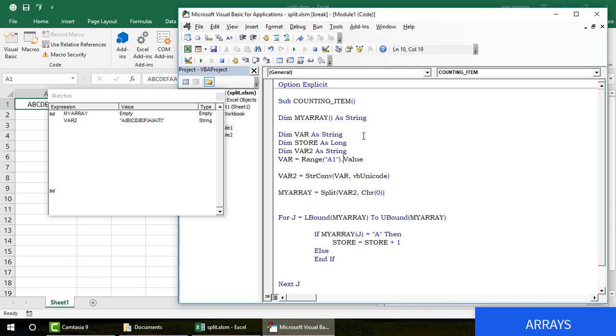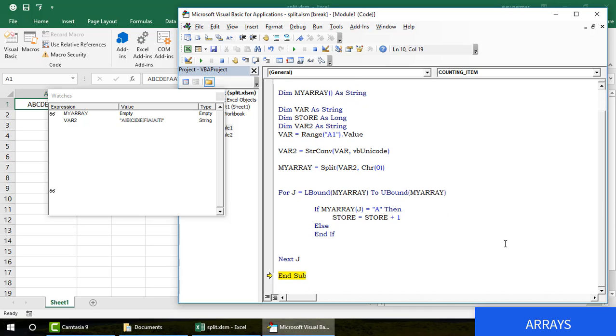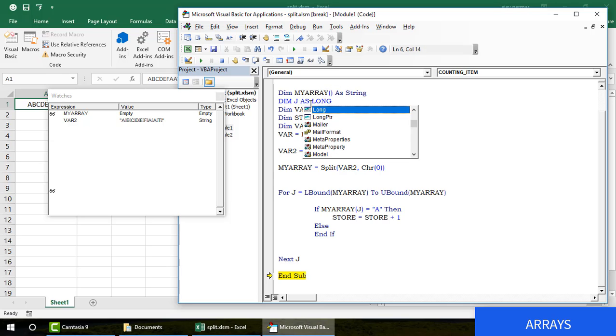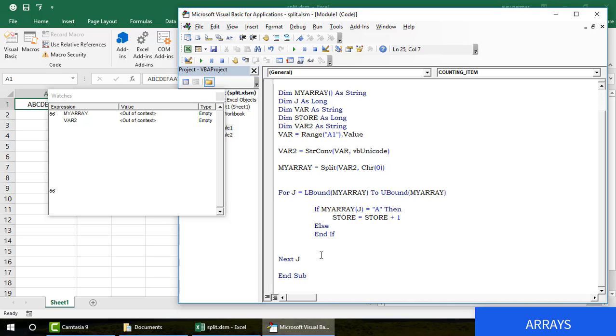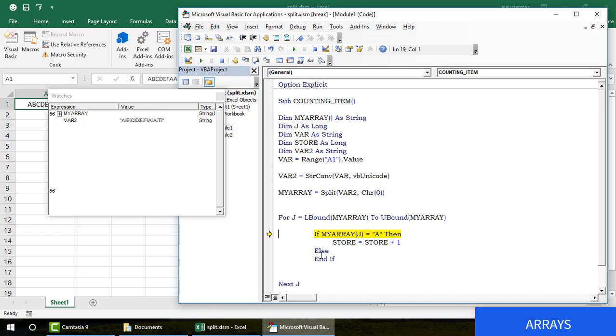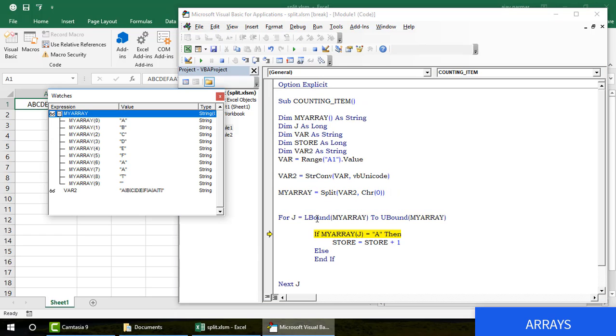We have used these loops before also. The new thing for you in this video is actually the use of the split function with this char 0, and of course before that you use the string converter function, right? So let's go and run this. Let me declare the j as well, and I reset the code, and now we will go ahead and run the code. Okay, there we go. So now your upper bound and the lower bound are coming. You can see here from 0 to 9 this entire code will work,